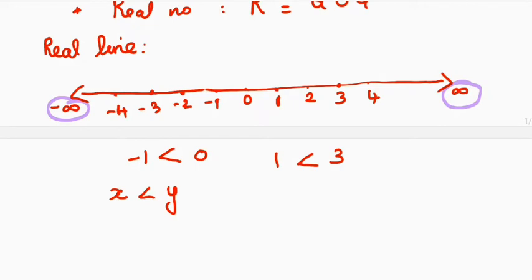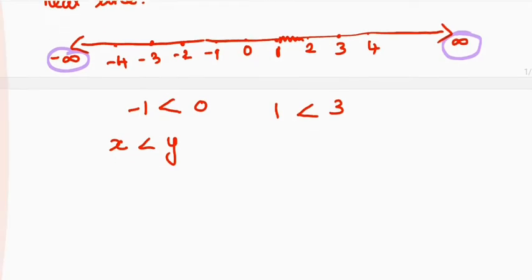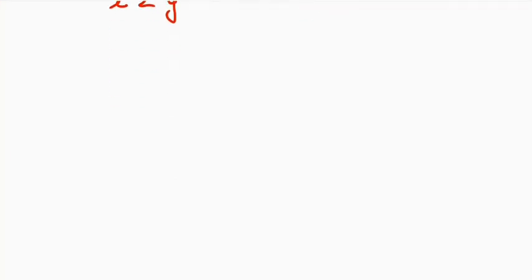There is no gap in the line. Therefore, between any two real numbers there are infinitely many real numbers. If we consider 1 and 2, you will have infinitely many real numbers between them. So we are now very clear about the real line. Now we are moving to our topic. What is it? It is an interval.